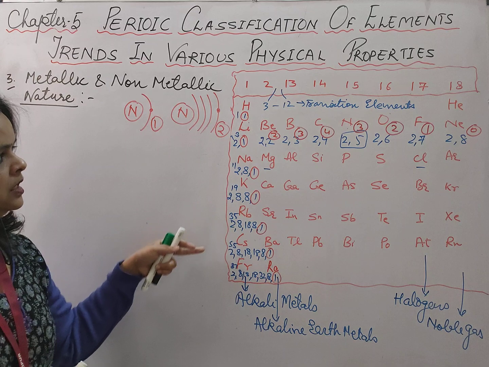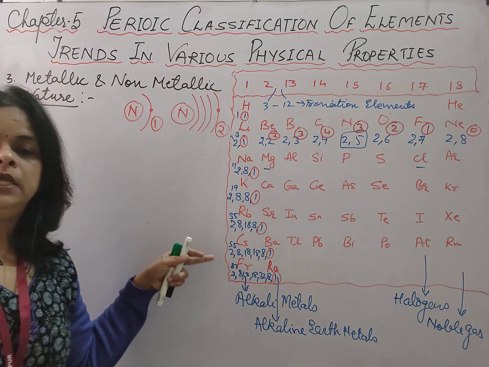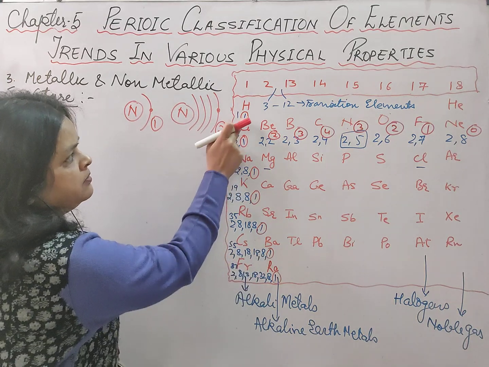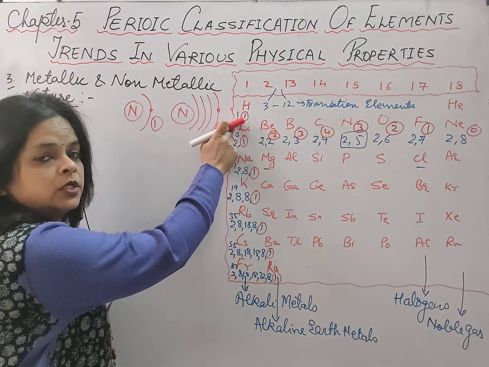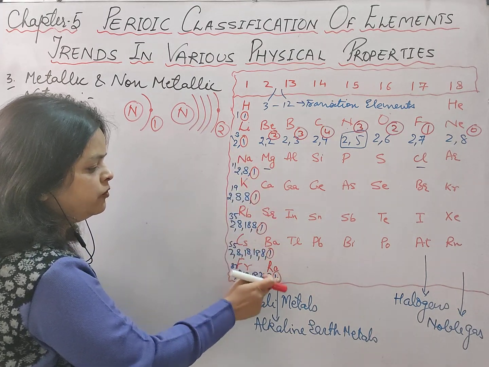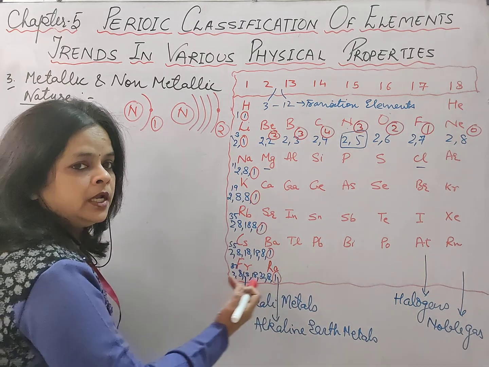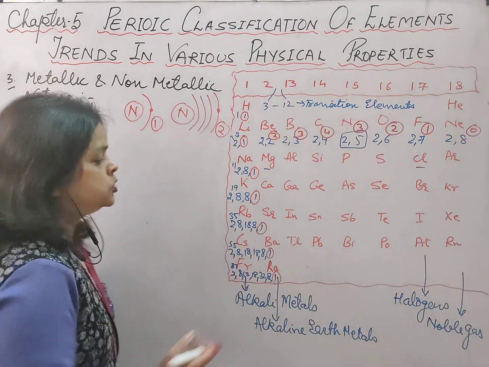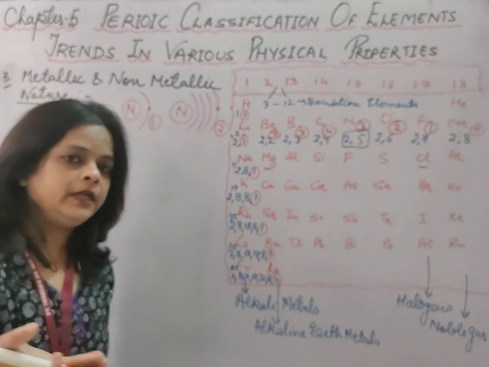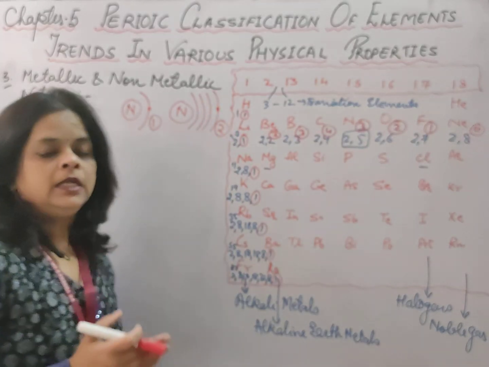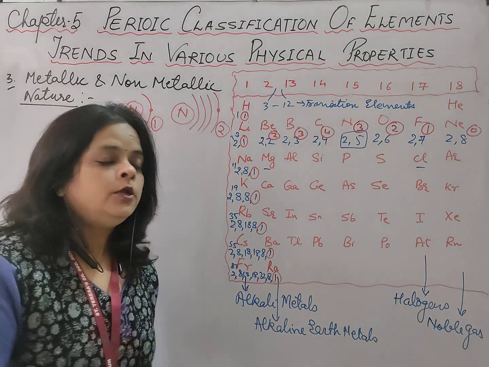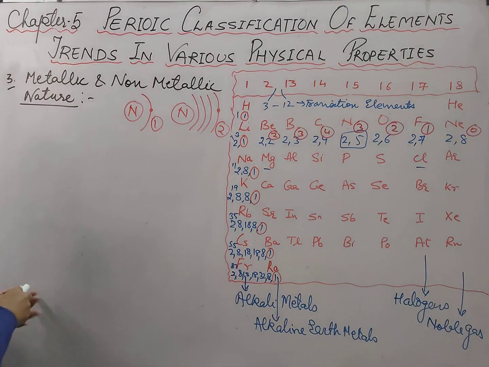The same we can see here also: as we move down, the atomic size goes on increasing. Look, this one valence electron in hydrogen is very close to the nucleus, then it is away from the nucleus. Then as we move down, this valence electron keeps moving away from the nucleus. So we can say that francium and cesium can easily donate the electron as compared to hydrogen and lithium, because in those the valence electron and the nucleus are very close to each other. So we can summarize this.